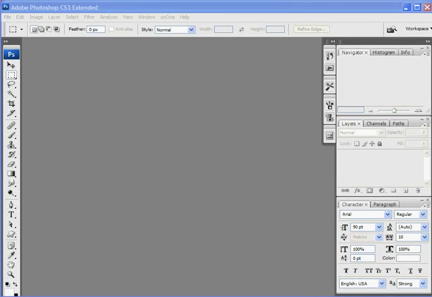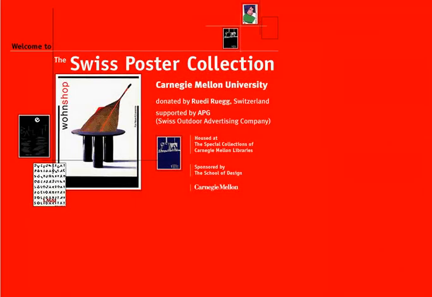Hi everybody, it's Jerry. It's time to start a new project on poster design, and the best way to begin the project is to head over to the link on the syllabus to the Carnegie Mellon University Swiss Poster Collection. This is a great little online museum of great Swiss poster design, and the Swiss really defined so much